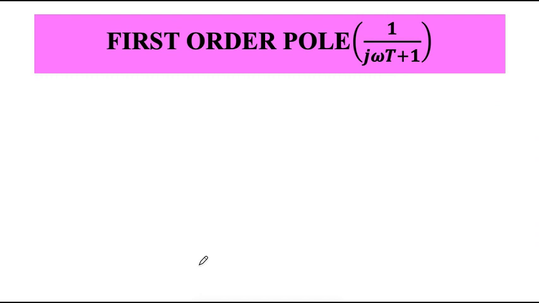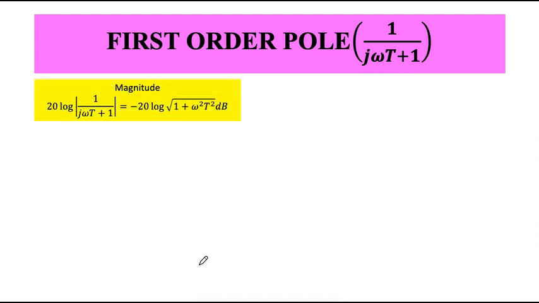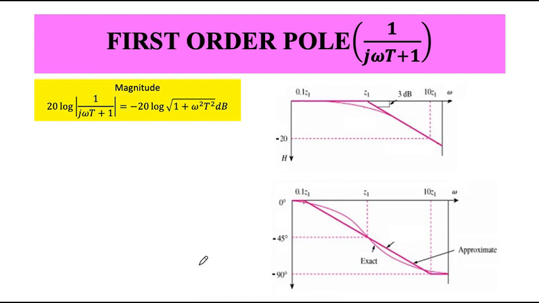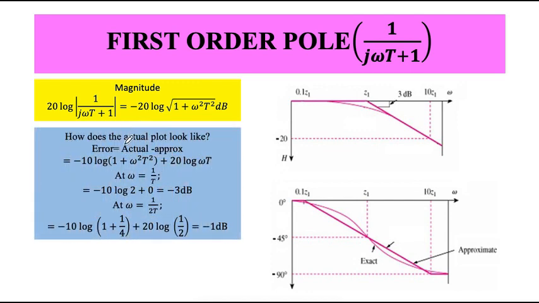So now how does the actual plot look? We will come to the phasor a little later; we will settle that business later on. First we will see what the error is. Error is actually the actual minus the approximation. So what is actual? Since it was a square root, it will be 1 by 2 power. If I take it outside, it will be 10. So this is my actual value, and the approximation was